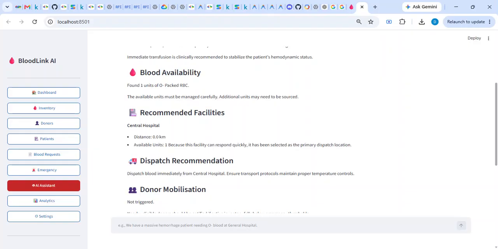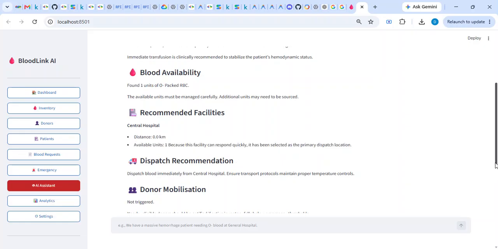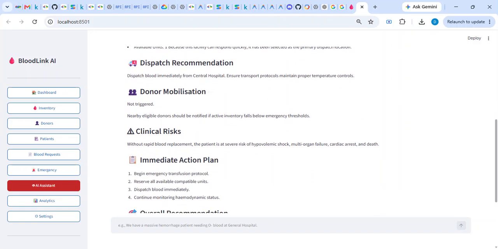Blood availability: 1 unit of O negative blood is already found. Recommended facility, where is it found? Because this facility is within distance and can respond quickly, it has been selected as the primary dispatch location. Dispatch recommendation: dispatch blood immediately from Central Hospital, and ensure transport protocols maintain proper temperature control.